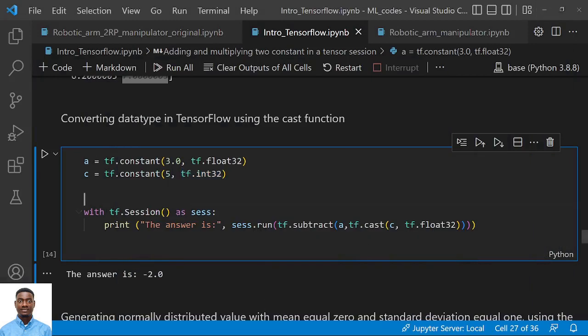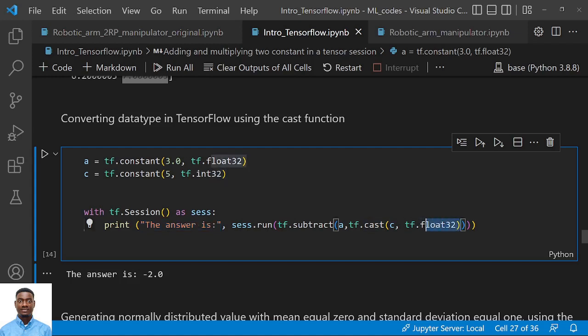So I'm starting my session here with tf.Session as sess, and I'm saying print. The answer is just a string that we printed alongside the output. sess.run tf.subtract. I want to subtract a from c. tf.subtract a, comma, tf.cast c, comma,